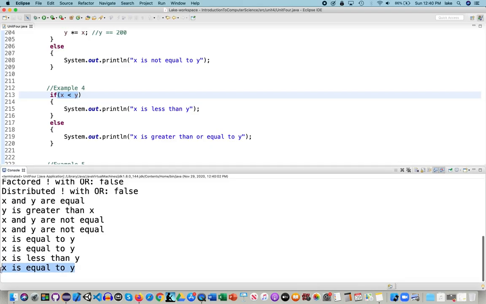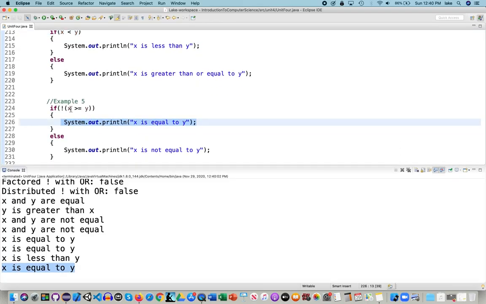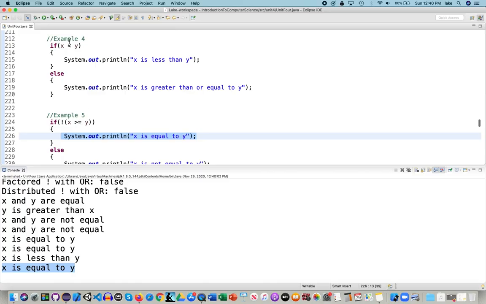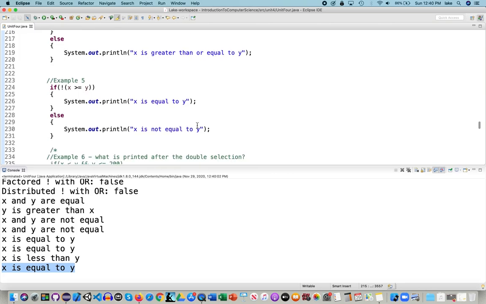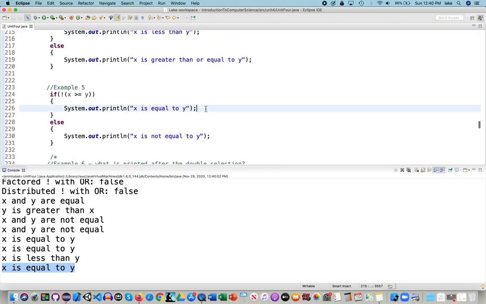Let's run that. Let's check out the print. Oh, last one said x is equal to y. Let's see what it says here. X is equal to y. That makes sense because x is currently 20 and y is currently 200, and this turns into this, and this is true, so therefore that prints just like it printed before. So we have x is less than y, and in this one here we have x is equal to y, and it prints that because this is what